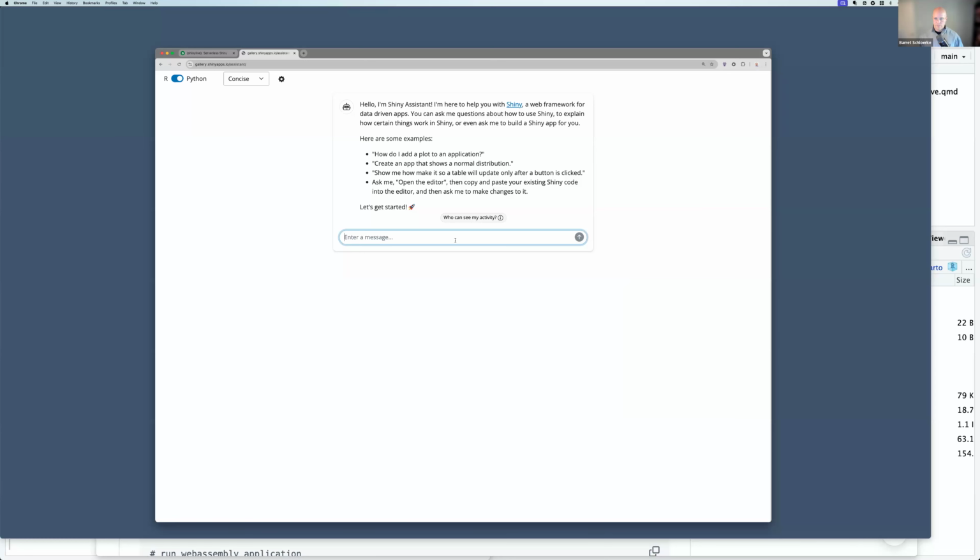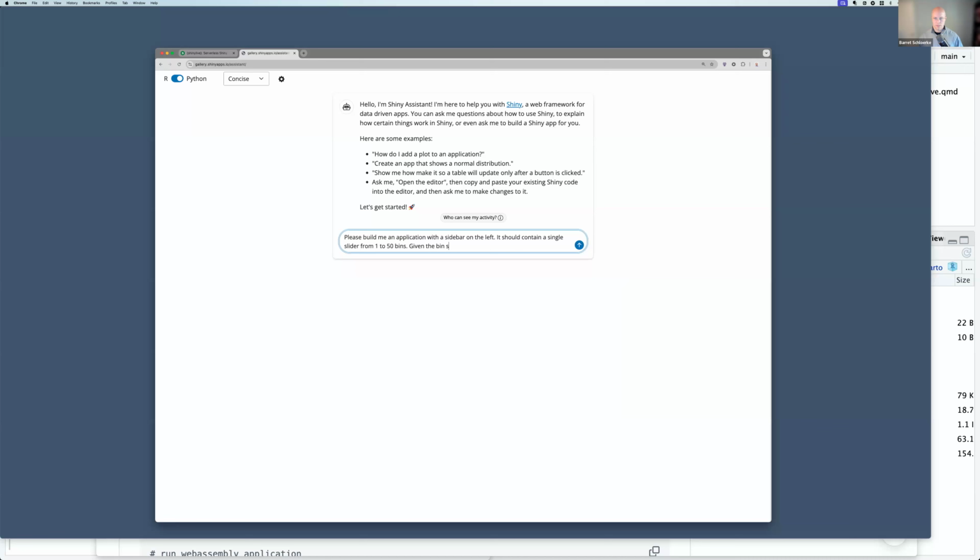And you can say, I'll try to recreate the Old Faithful application. Please build me an application with a sidebar on the left. It should contain a single slider from 1 to 50 bins.